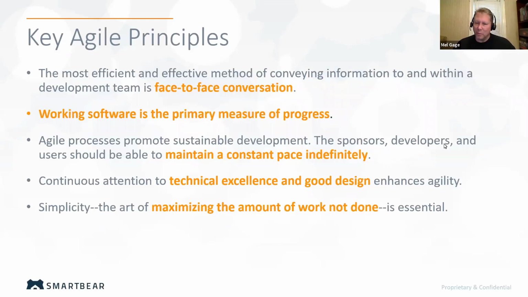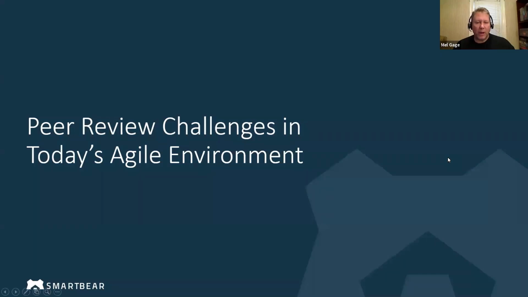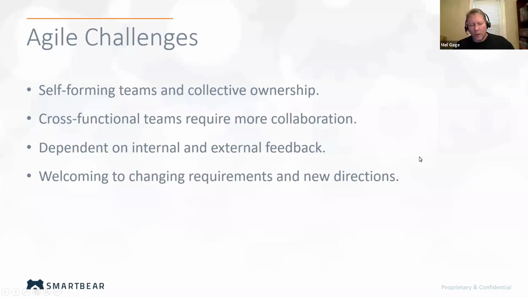Well, we will move on to our next topic, where we're going to talk about peer review challenges in today's Agile environment. So we look at self-forming teams and collective ownership and cross-functional teams requiring more collaboration. You've got to get those additional eyes on your code when you're writing it, especially if you're working in individual pieces of your development process where teams are working on the same end result, but they're working on